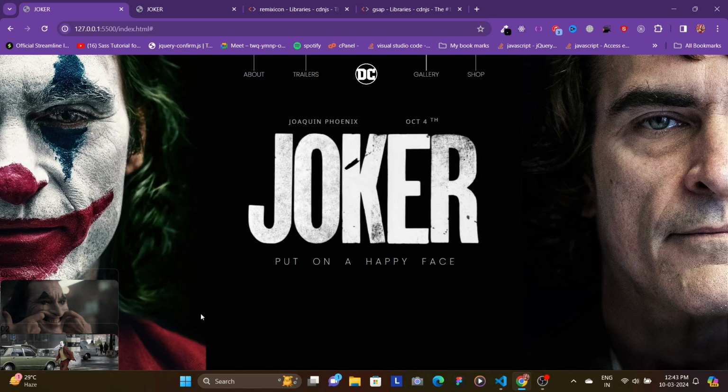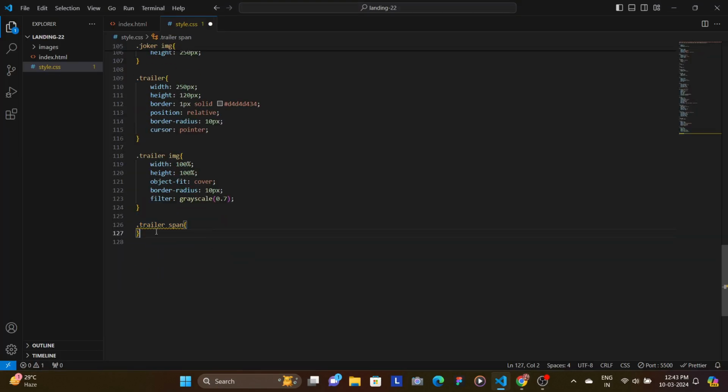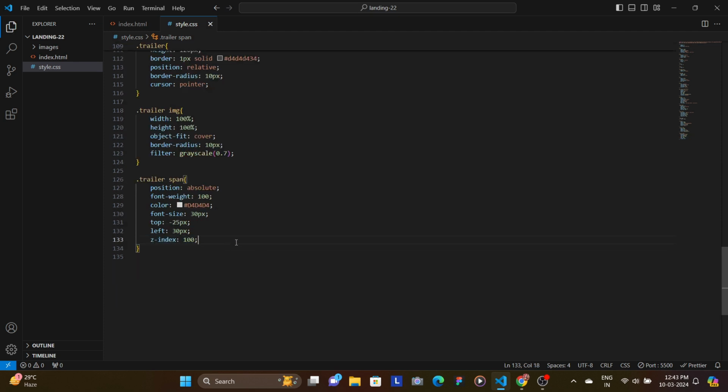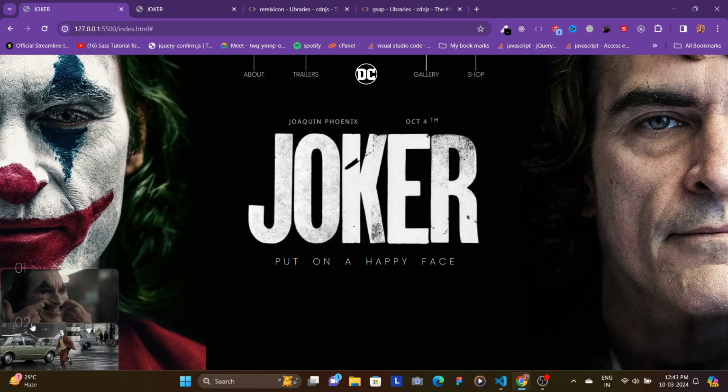Okay. Now the span inside of the trailer, we're going to set them as position absolute with font size, font weight of 100 and color of this, and also font size to 30 pixels, and then top and left value with a z-index of 100. Let's save. Okay, we have 0, 1, 2, and then the third one is somewhere